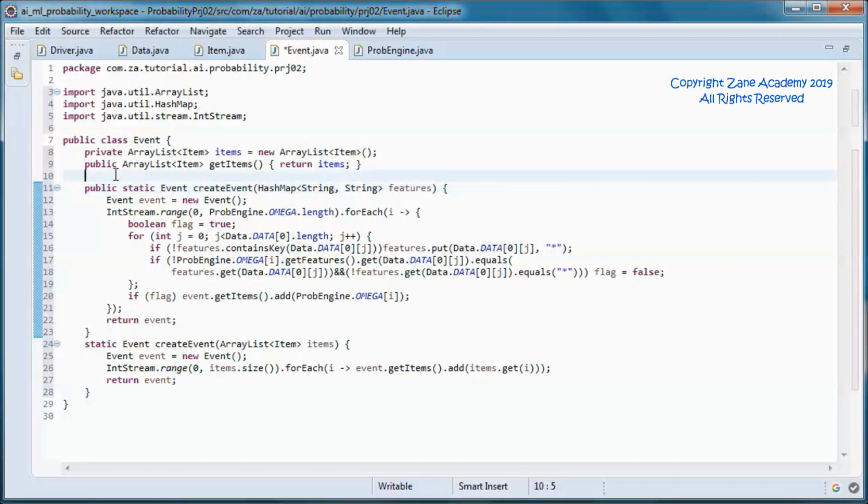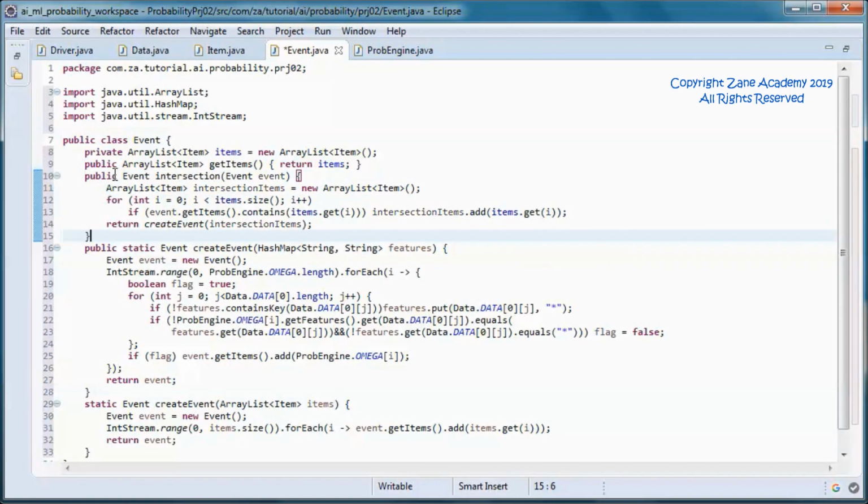And this method finds the intersection between this event and the passed in event, and returns a new event containing that intersection.